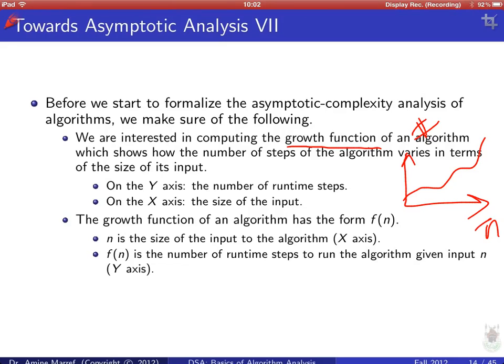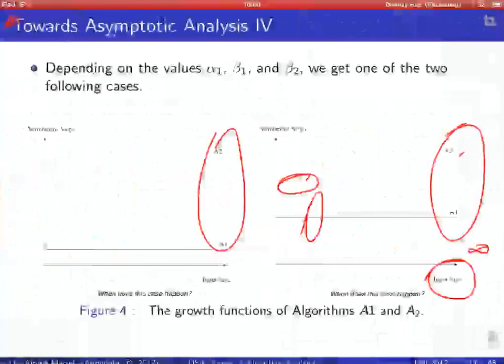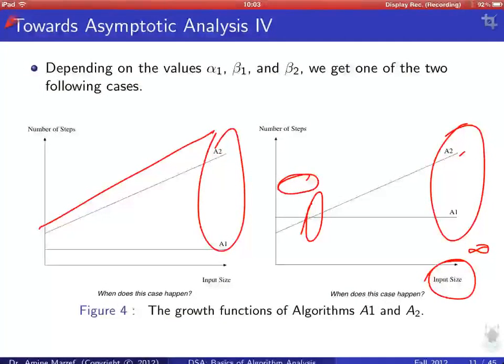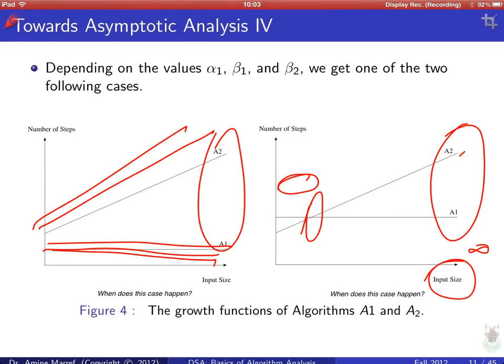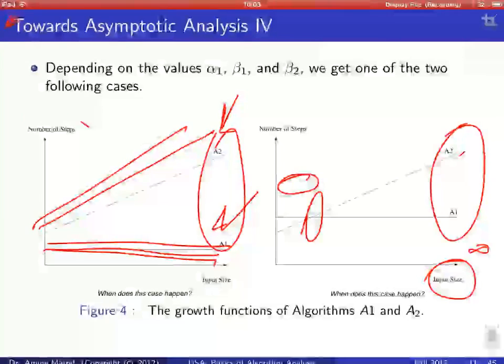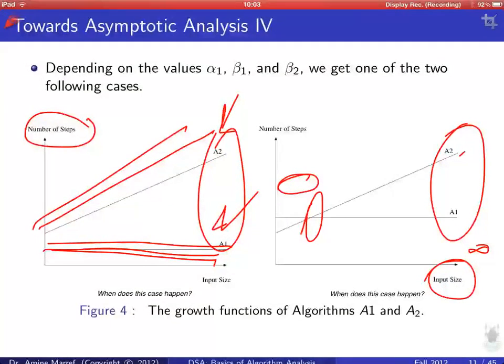Okay, so I think enough blubbering. Now we need to get to the real thing. Now we start doing asymptotic analysis. Okay, now asymptotic analysis is just a fancy word for saying we are going to see if an algorithm is efficient or not when n is very large. In order to know that, we need to find the growth function of an algorithm. So in order to find the asymptotic complexity of an algorithm, we find its growth function. Okay, the growth function is the line which basically y equals x, number of steps in terms of input size.